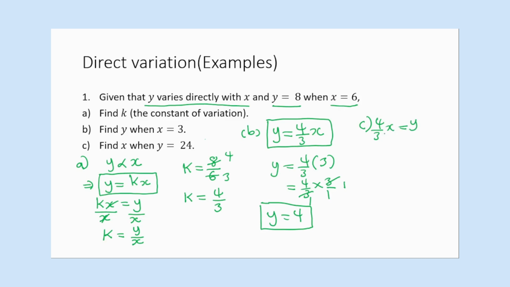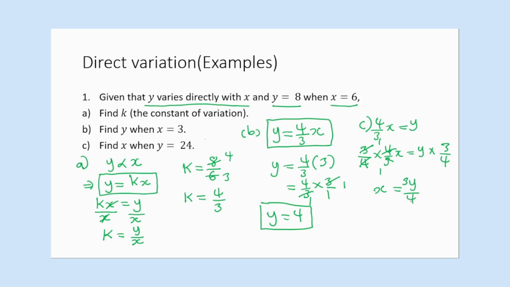We need to multiply the left-hand side with a multiplicative inverse of 4 over 3, such that we remain with just an x. So the multiplicative inverse is just 3 over 4. So when you multiply this, don't forget to do the same on the other side of the equation. We're multiplying 3 over 4. 3 over 4 on the left-hand side is multiplied, and 3 over 4 on the right-hand side is also multiplied. So the whole idea is to just have 1. So x will be equal to